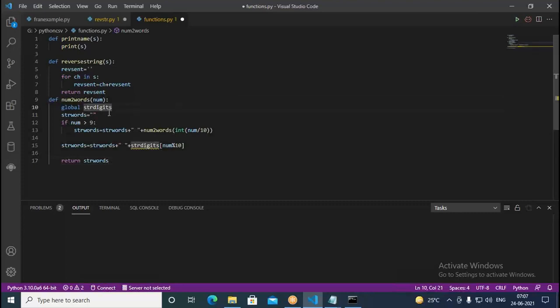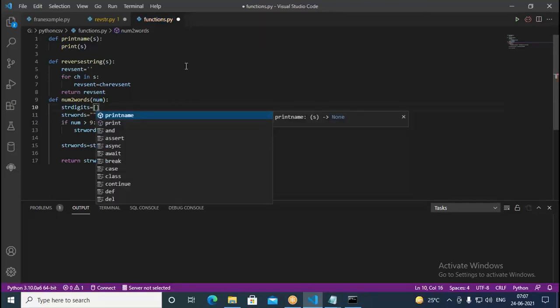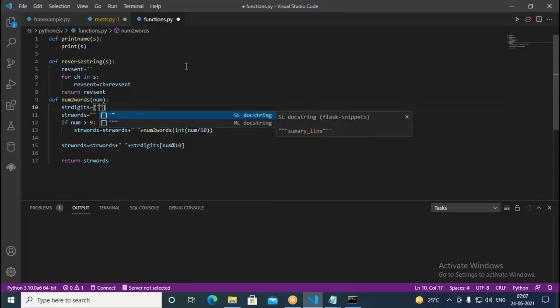This is num to words. Here it is str digits equal to, I should use str words equal to, I'll go with 0, then 1, then 2,